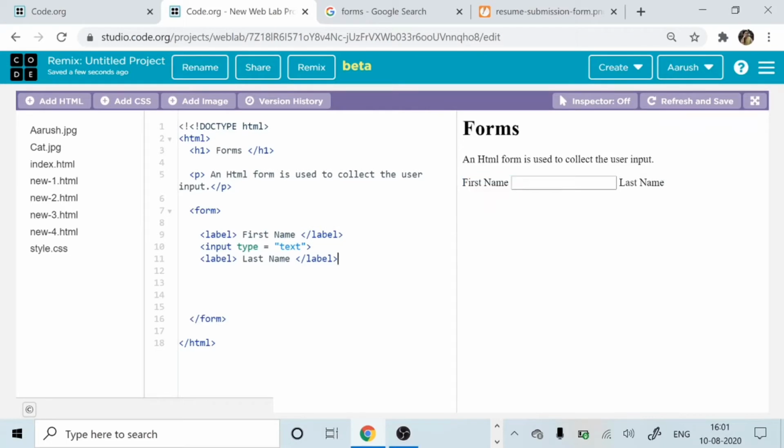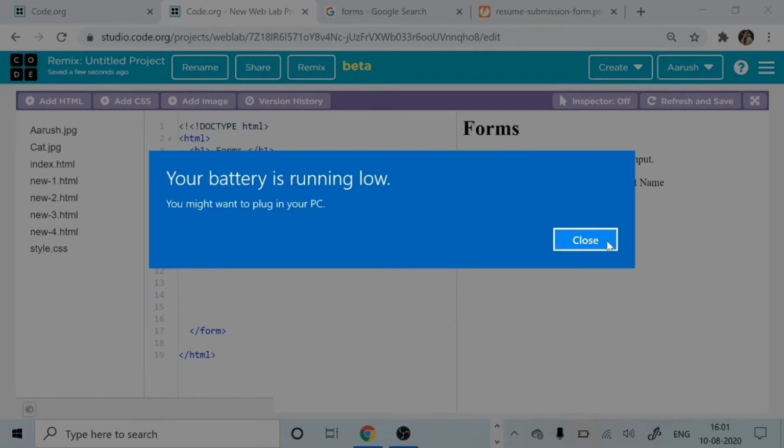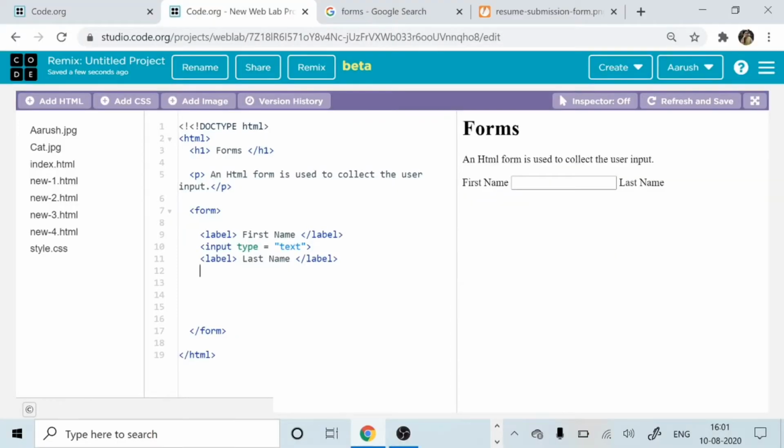So see, this becomes your first name and this becomes your last name. Last name also, what, see, name will be in which form? It will be in the text input form only, right? So sorry, input will be in the text form. That's what I'm trying to say over here. Sorry, input, then we'll say type, then I'll say equal to, and when I put here, I get text, which is coming automatically, and I'm going to close it.